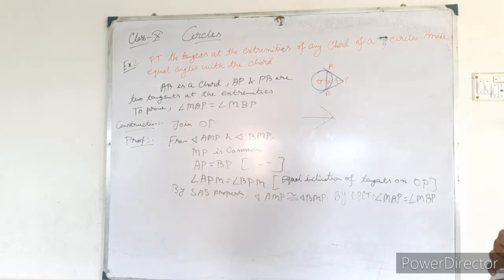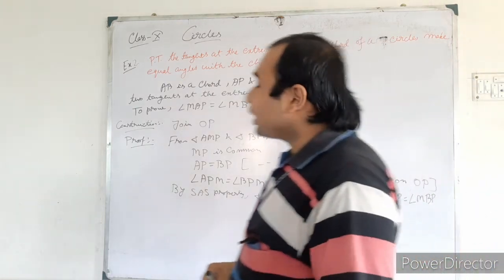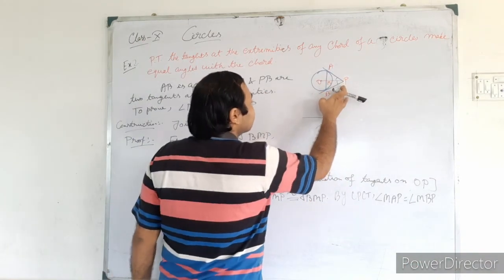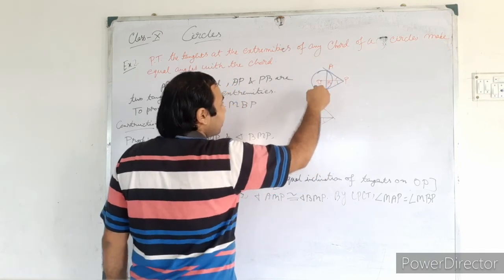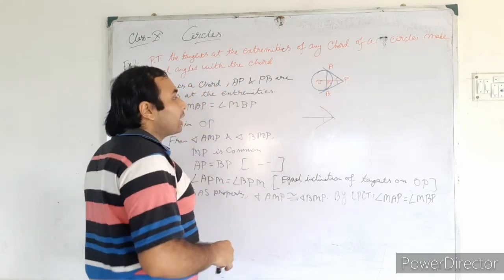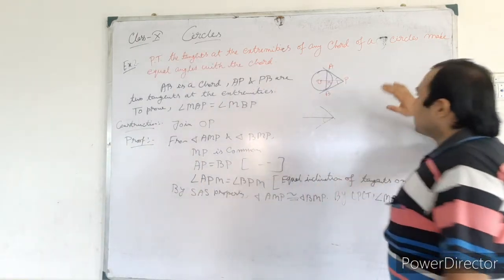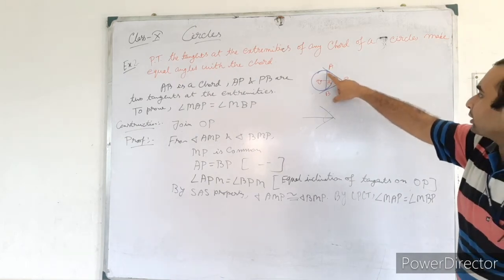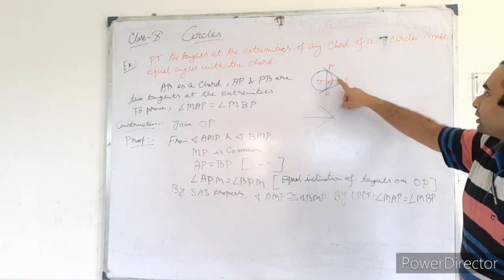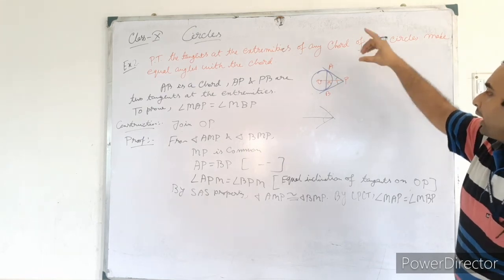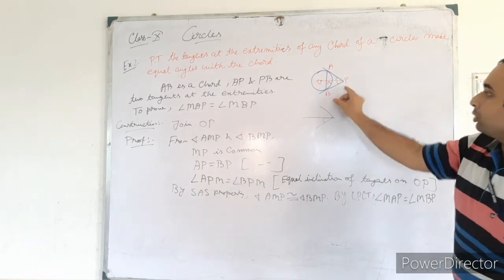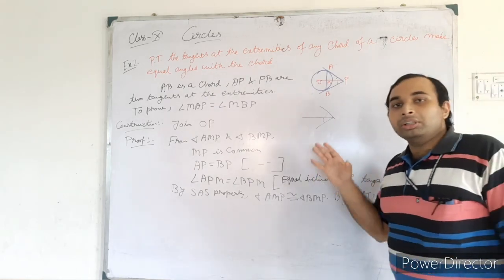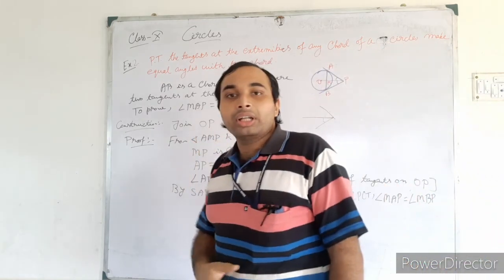So that's it. This is the proof, but this result is very important for those types of figures when two tangents are there and one chord is there. For these types of tangents, some results are very important. One of these results is that those two angles will be equal. Another result is those two angles will also be equal. Another result is this equals this. So some important results are there, and those will be required for solving other sums.